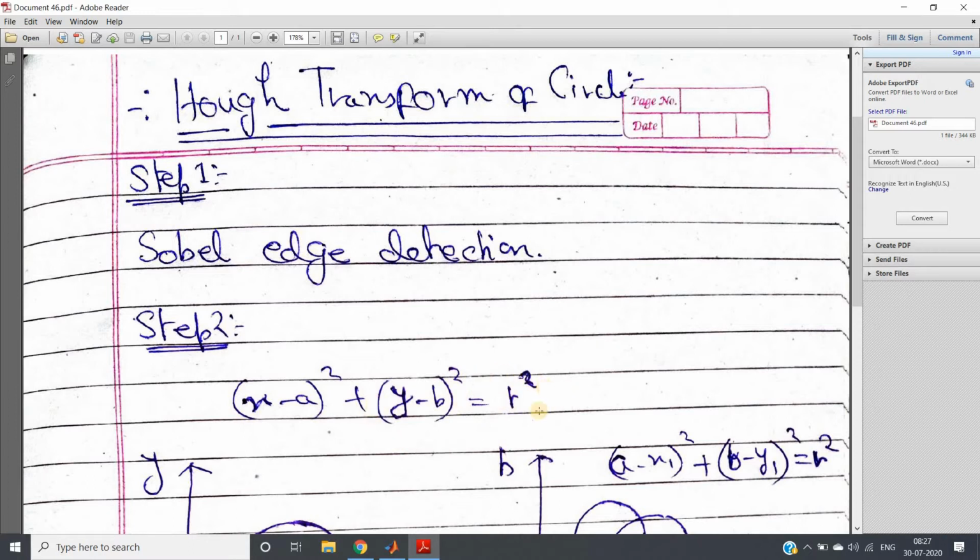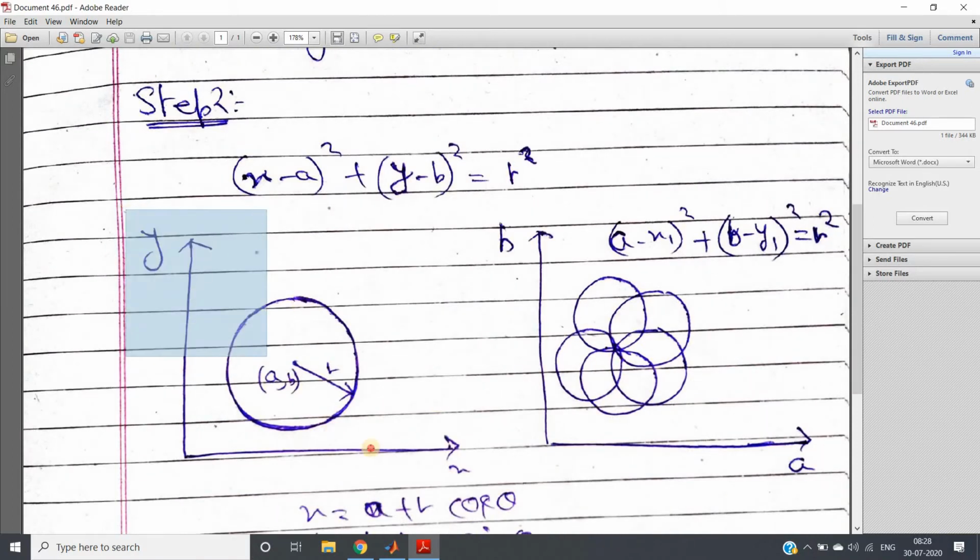Now try to understand what we will do. Suppose we want to find one particular radius of circle. Suppose we want to find whether there is any circle of radius 15 present or not, or maybe radius 30 is present or not. That is, we are fixing this r value. First try to understand this. Then, for us the parametric space will contain a and b as variables. See this one, you will have a clear idea.